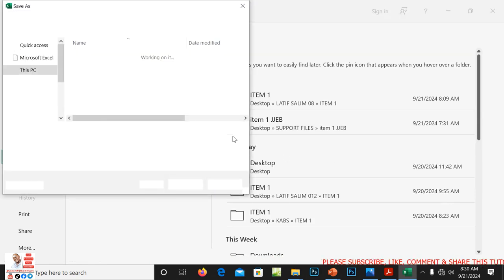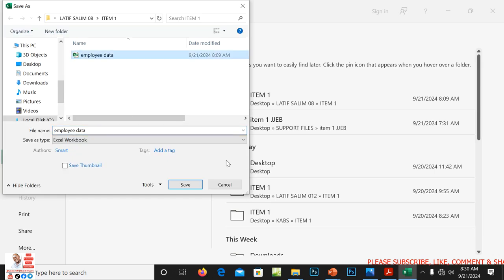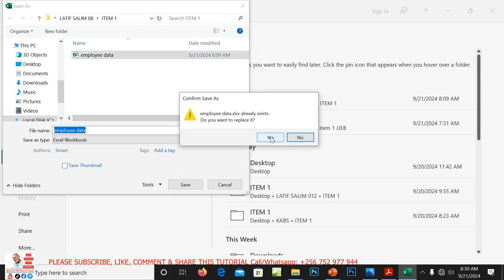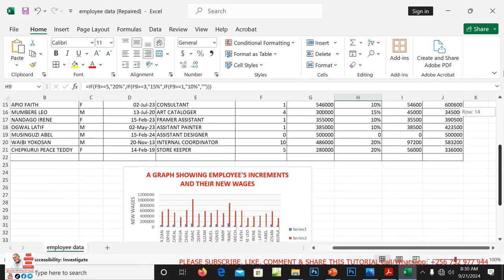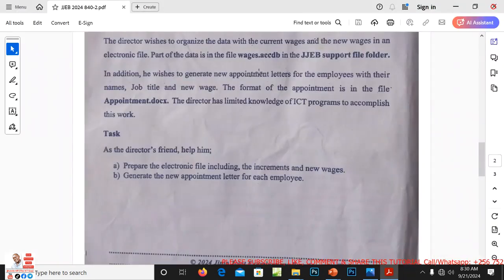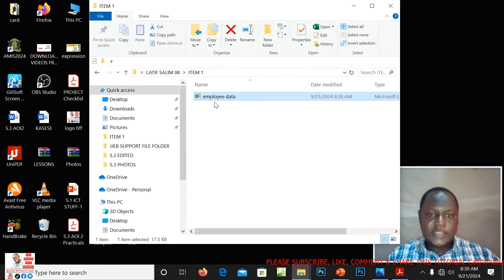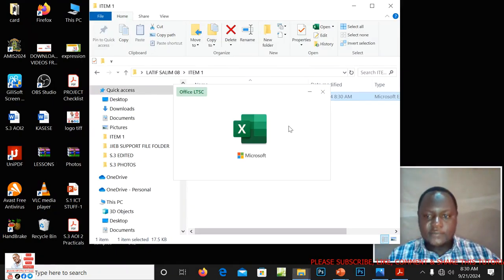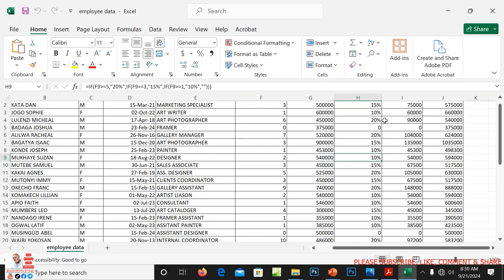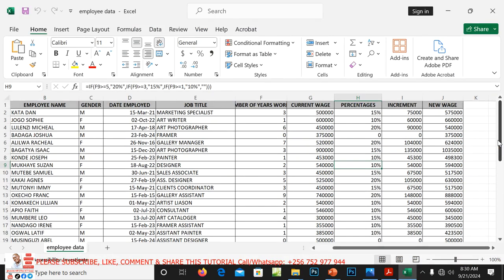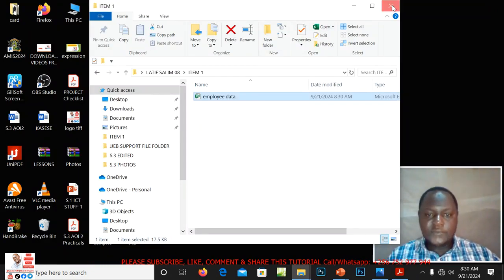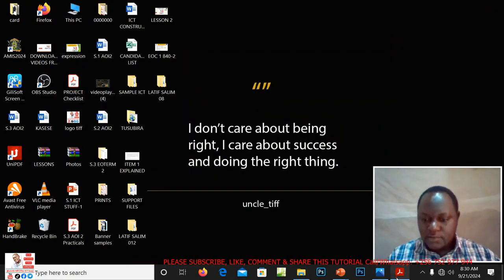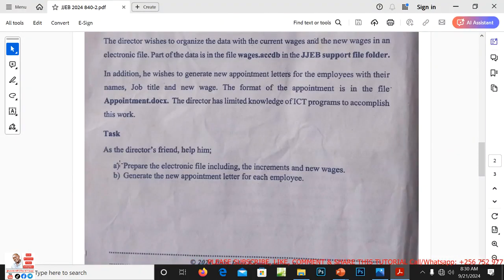Browse. Already it is here. You want to replace? Yes. So we can close this. Let me confirm again. Alright, I think we're on track, colleagues. Now we are done with part A.